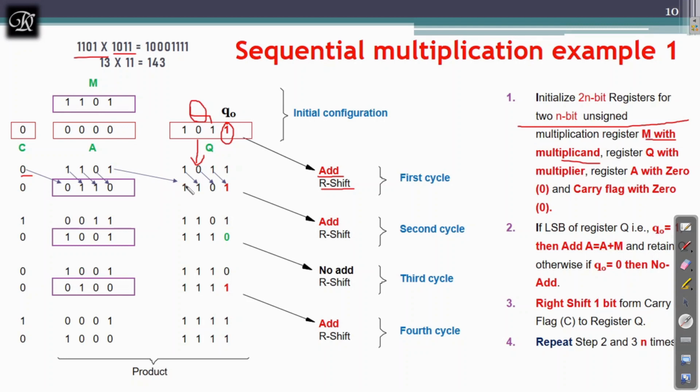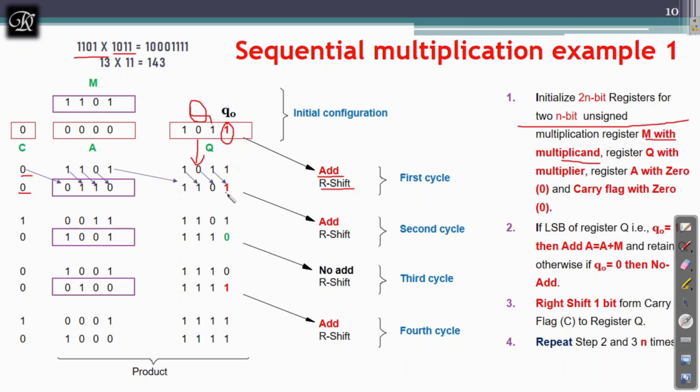And similarly now 0 from A1 to A0 position, 0 from A2 to A1 position, 1 from A3 to A2 position, and the third position of A, that is A3, will be filled with carry flag, and the carry flag will be filled with 0. This is how right shift works. This right shift instruction is discussed in module number 1.